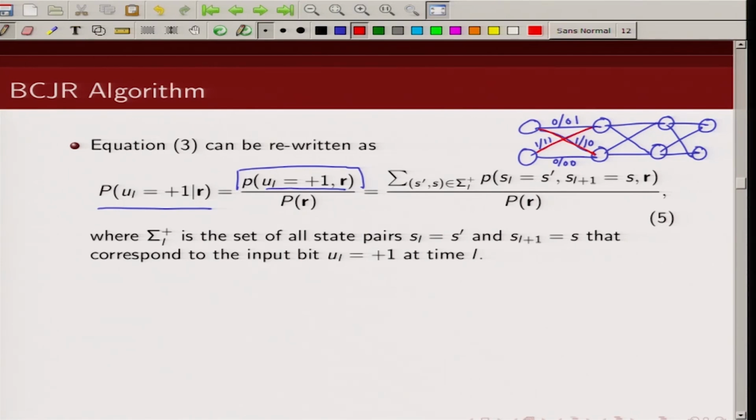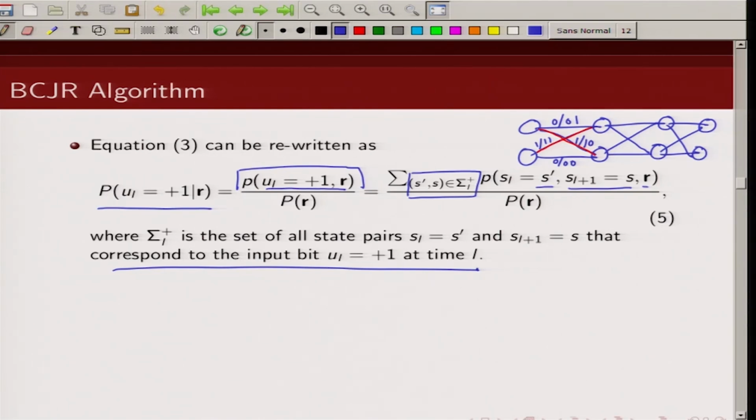What I am writing here is the joint probability that the previous state is S prime, the next state is S, and the received sequence is R, and I am summing over all those state transitions that belong to the set where the input corresponding to the transition